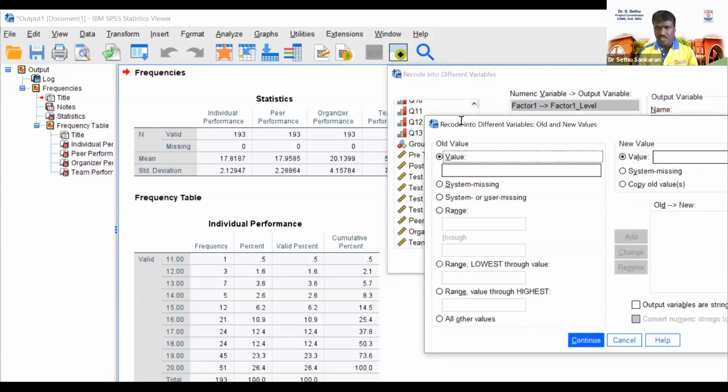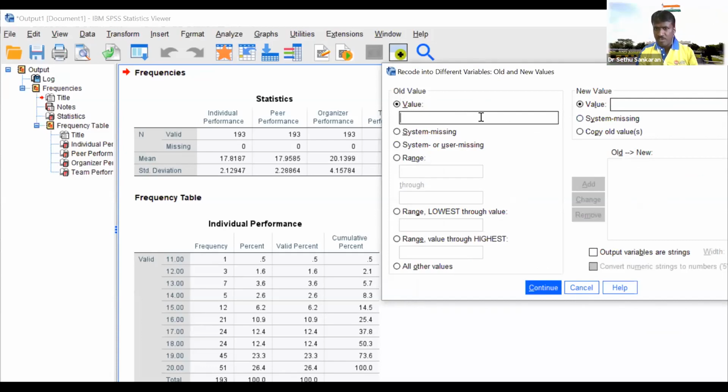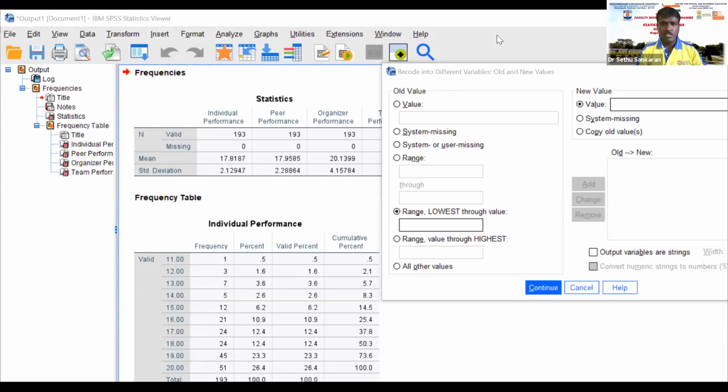Previously, with male, we knew the standard things, so we gave the male value and converted it. But here I am going to use this range. How am I going to select this range? Here in the mean and standard deviation, 17.81 is the mean, 21.29 is the standard deviation. The deviation means plus or minus from the mean. So I am going to keep the lowest range at one standard deviation below the mean, and the highest range at one standard deviation above the mean. For which I am going to find the lowest range by using the calculator.